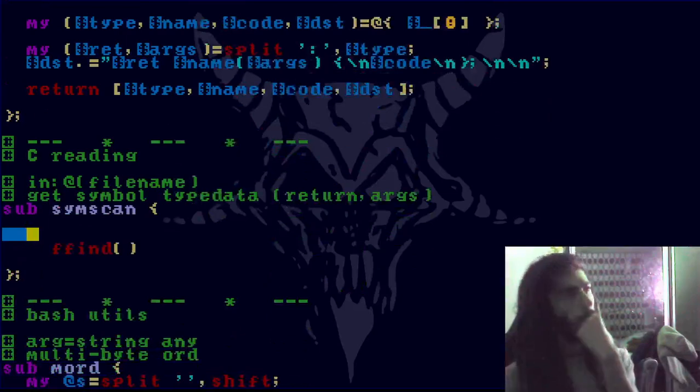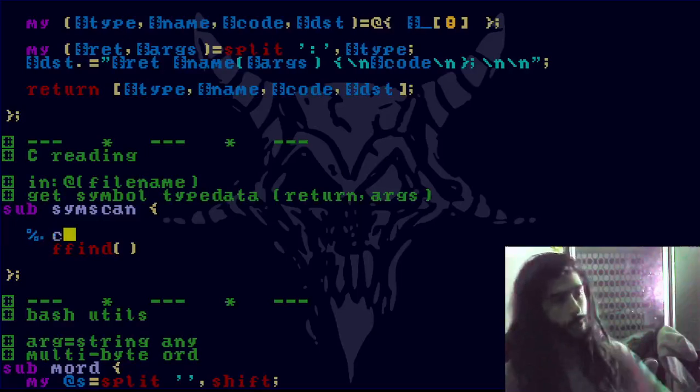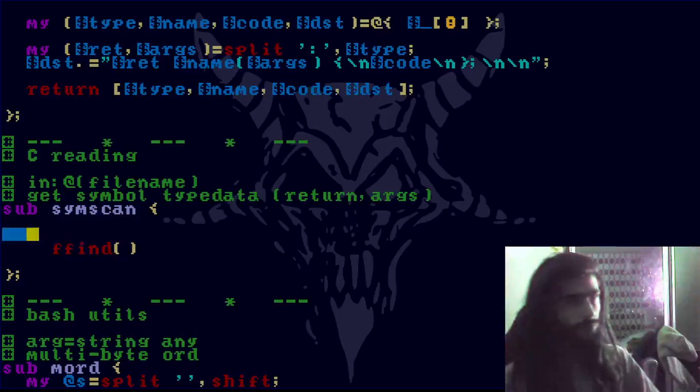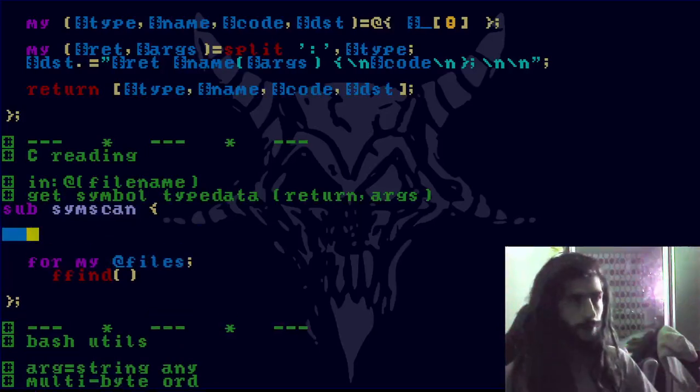We can do this as well, but for that we would need to use wfind. Let's do this. Okay, so my files, and files is going to be a reference. So my files should be equal to